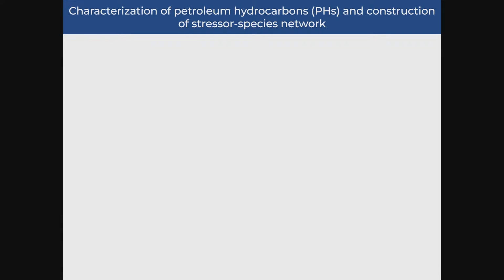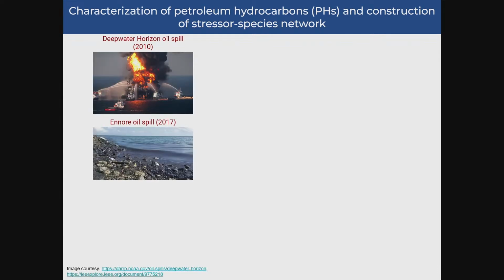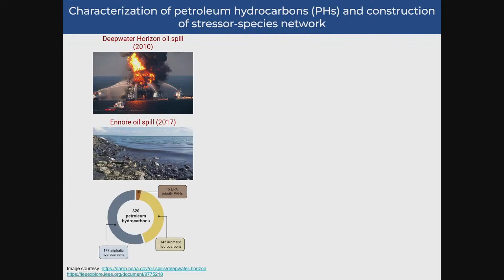The study was motivated by oil spills, and the major constituents of oil spills are petroleum hydrocarbons. These are small molecules consisting mostly of carbon and hydrogen, and we curated 320 petroleum hydrocarbons from published reports. We then classified them as aliphatic and aromatic, and within the aromatic group we found that there are 15 US Environmental Protection Agency prioritized polycyclic aromatic hydrocarbons, and most of the results which I will be showing are for these